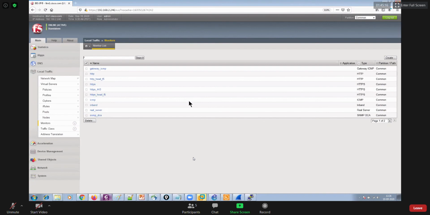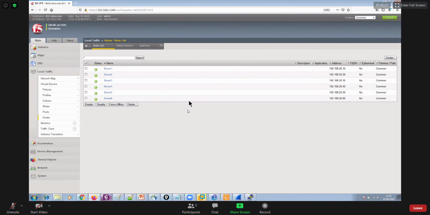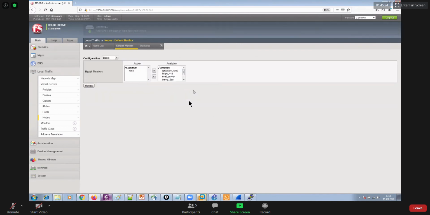So that's how you can create the ICMP monitor. Thereafter, you can go back to your nodes, and you know that each and every node is using the default monitor. So go to default monitor, ICMP was there, instead use test ICMP monitor. This is what we have created, the custom monitor. So that's how we created it. So if you have any questions around this, please go ahead and ask, because the output is still going to be the same.